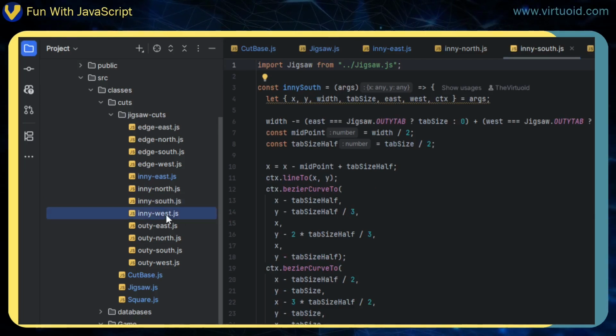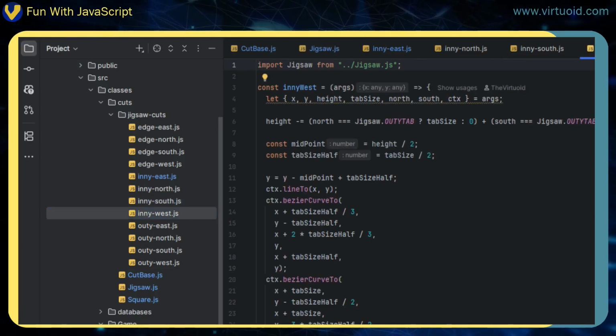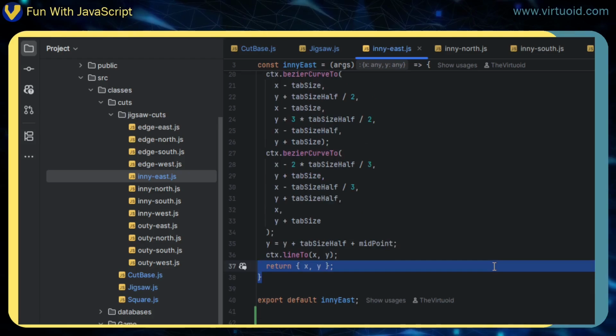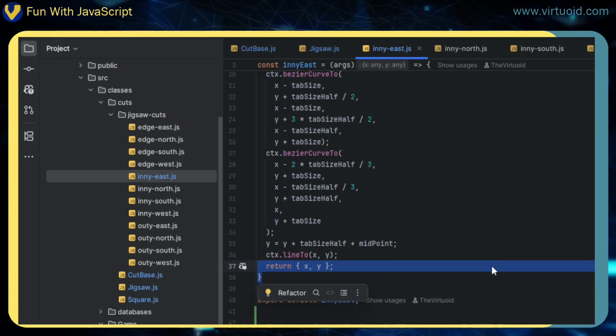All of our innie pieces follow the exact same format. Innie north, innie south, innie west, it's the exact same format. A line 2, 3 Bezier curves. We'll go back to innie east. A line 2, 3 Bezier curves, and another line 2. That's all it is. And these Bezier curves either go inwards, which is the innie tab, or, as they will for the outies,